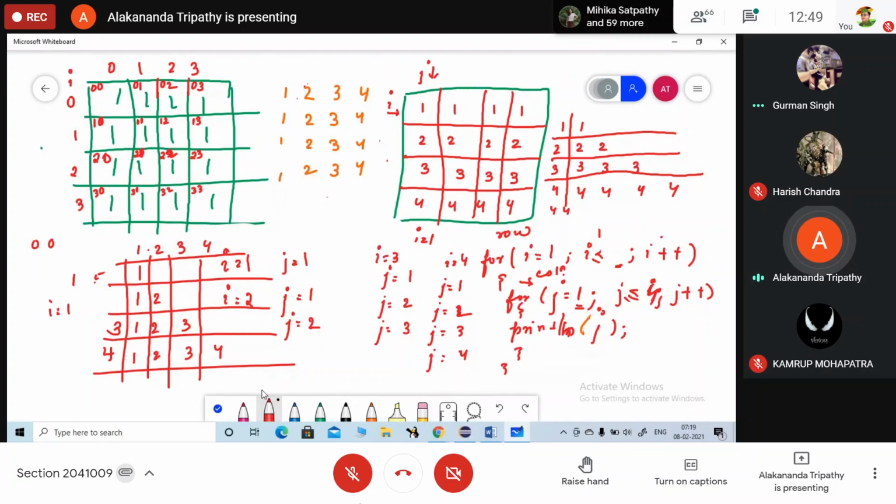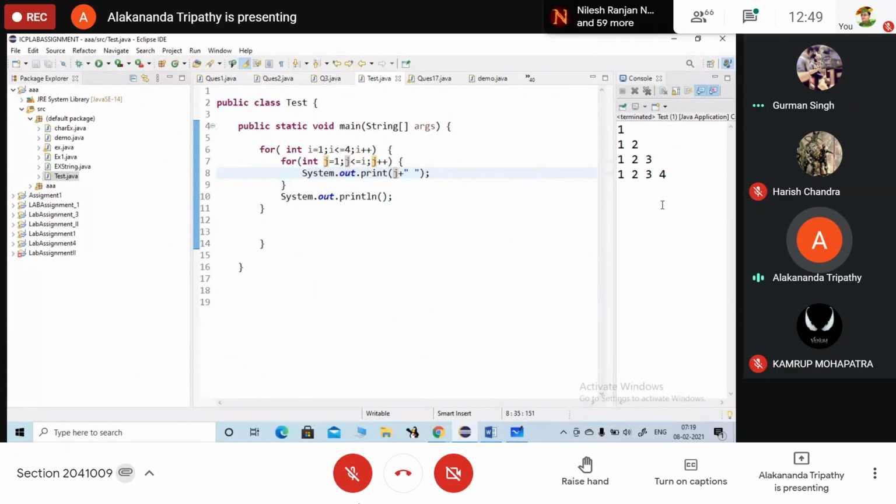In one program you just change some values. Here J less than I. In the same code, I am doing the changes. Either you change this value or you change this value, you will get the output.